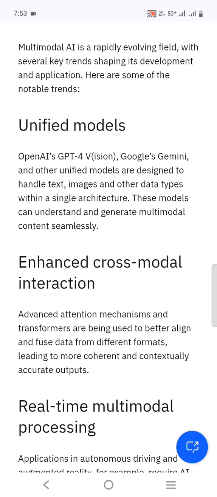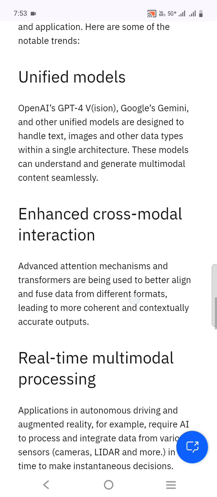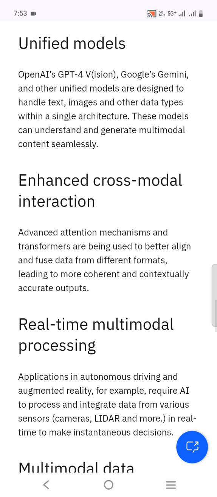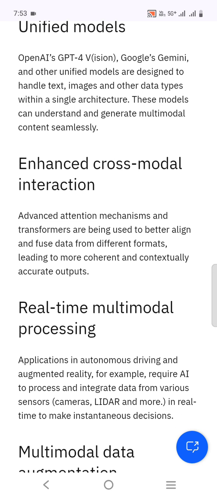These models can understand and generate multimodal content seamlessly. Advanced attention mechanisms and transformers are being used to better align and fuse data from different formats, leading to more coherent and contextually accurate outputs.